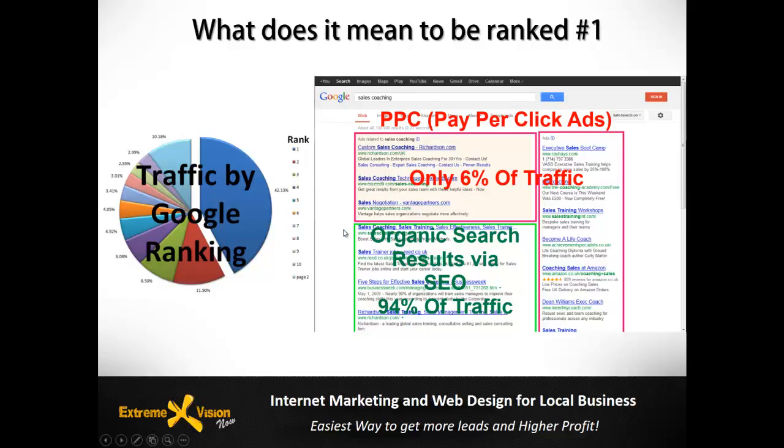The example with the Boston one, I've got a client that's in the granite countertop industry up there near Boston. There's literally over 10,000 searches per month just for the top keywords in their field. That's just a dozen or so keywords. There's about 30,000 searches per month related to granite countertops. So if they're ranked for those keywords in that #1 position, they're going to get a lot of traffic. 42% of even 10,000 is a lot of traffic going to that position.